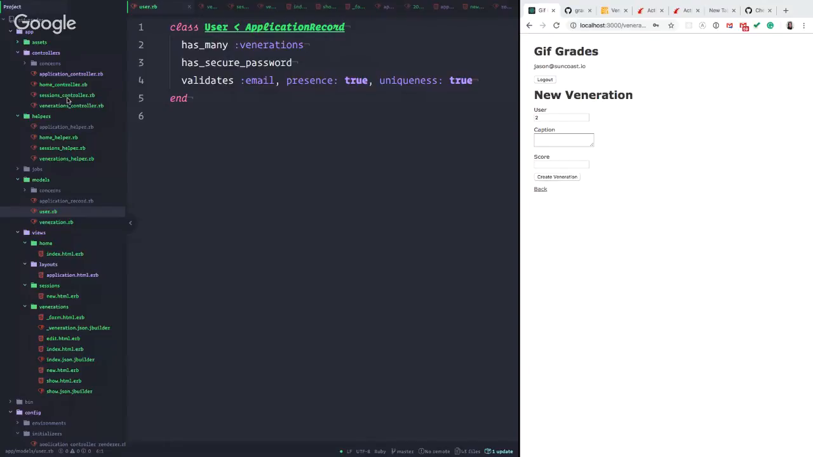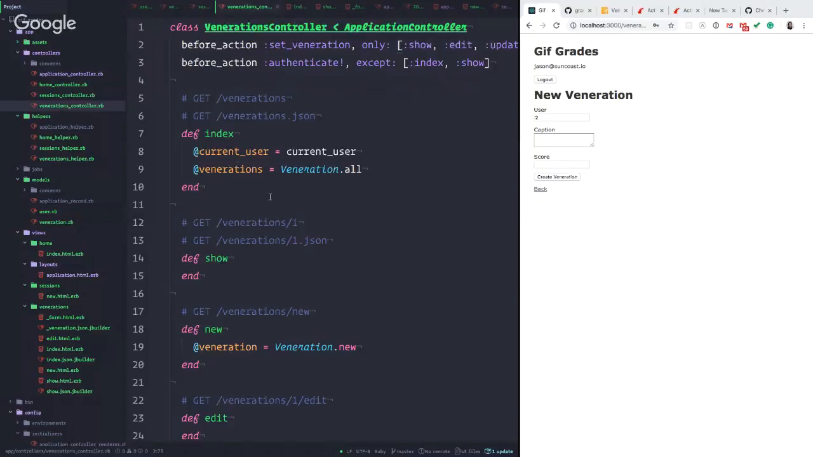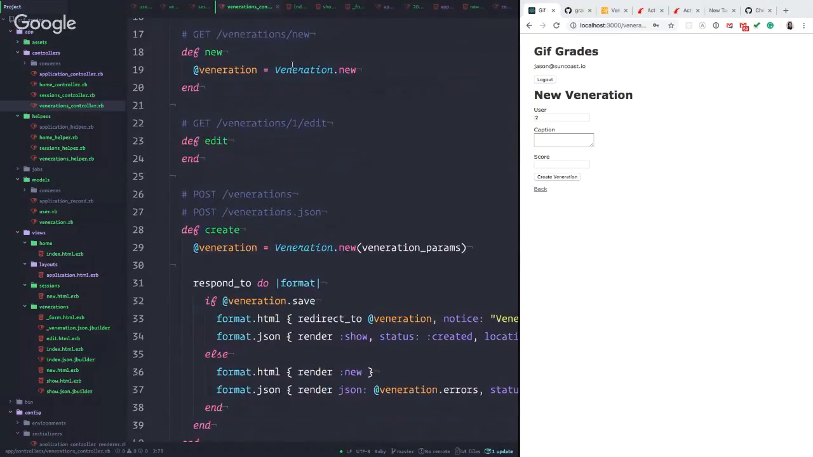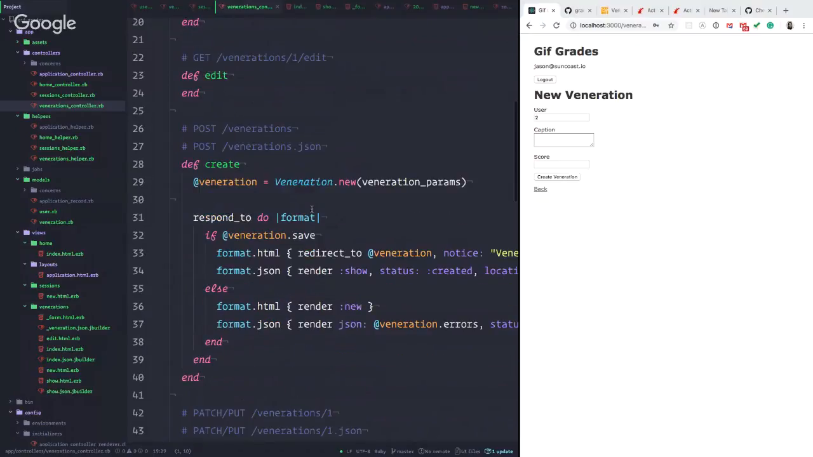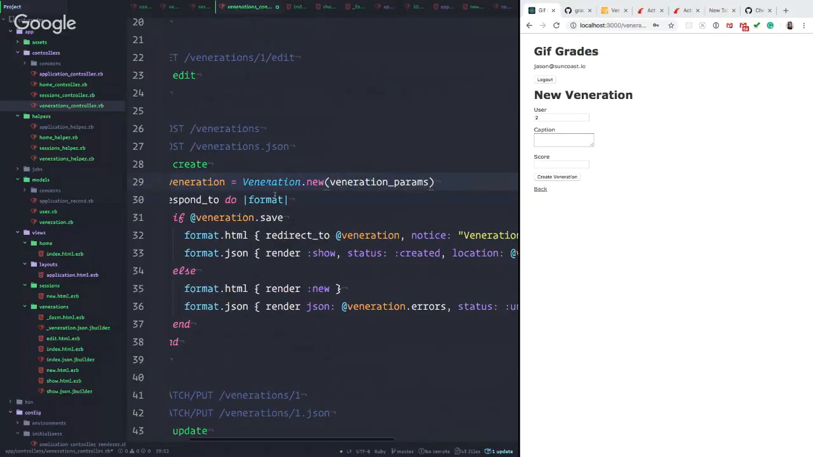So what that adds is the user method. A user has a method called venerations now that will give you back all the venerations they created. Also, we can use that relationship to create a veneration that belongs to that user. So right now, if we go to this controller, veneration.new, right? Right here, veneration.new for create, that just creates a new veneration, right? So one thing we could do here is say